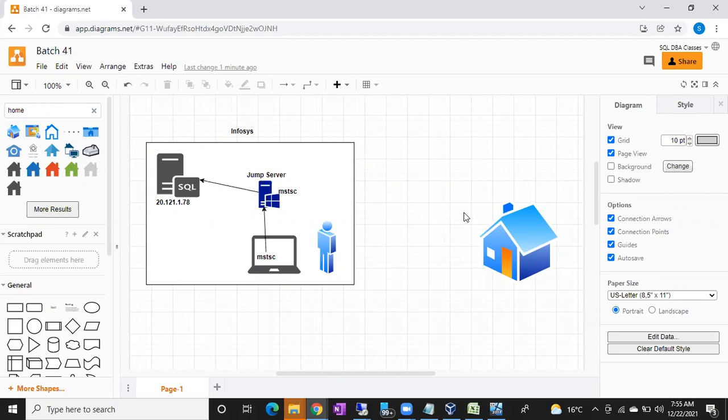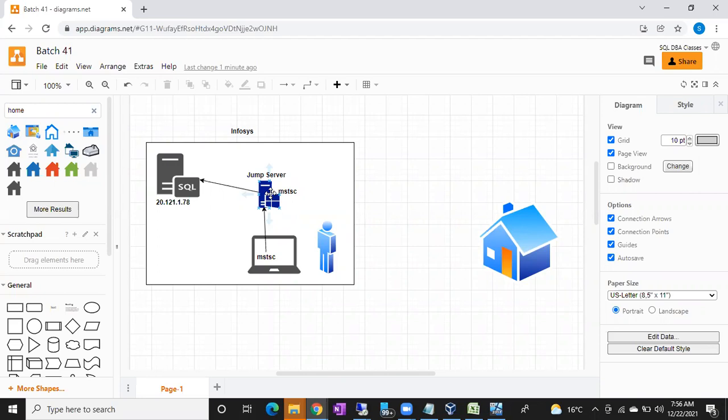Right, okay. So yes, there are some applications for jump servers. You can use that application, or else they will simply give you the jump server name. You have to connect to the jump server directly and use this method. There are some softwares, RDP clients, internal tools. Either you go with that internal tool, first you connect to the jump server, then from there you connect to the original server. Is it clear, everyone?